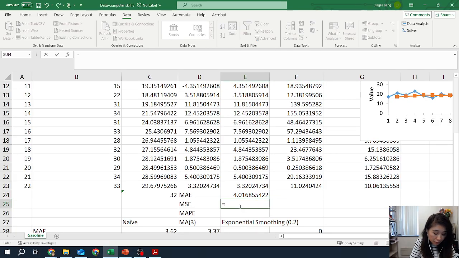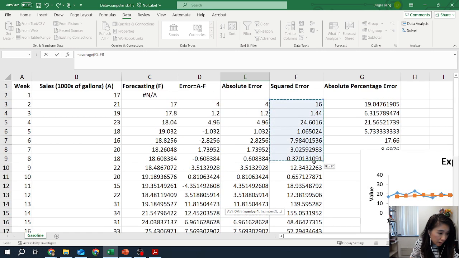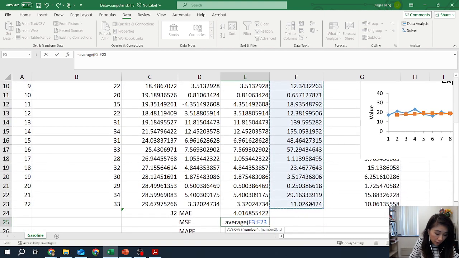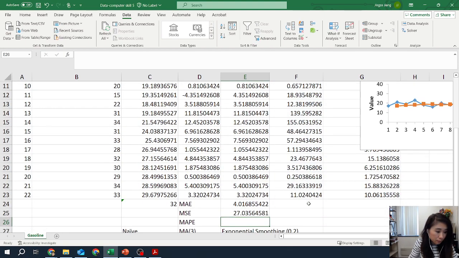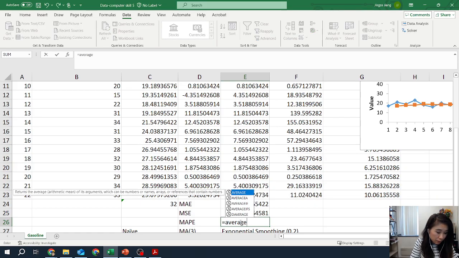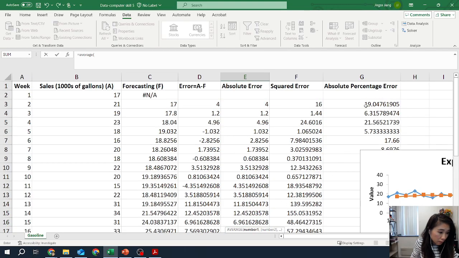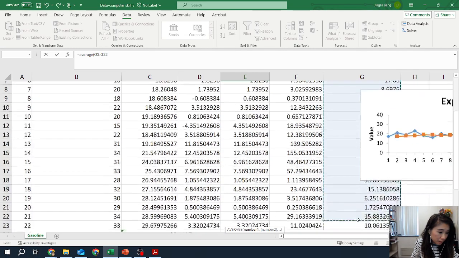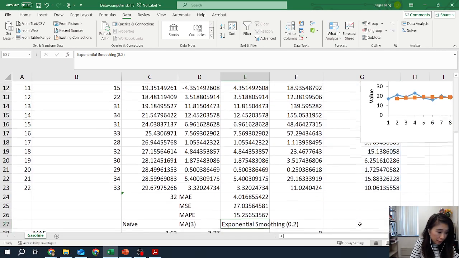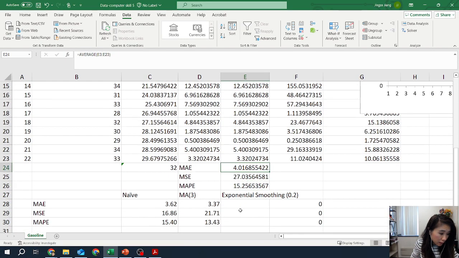For the MSE, I use average again, and I will select the squared error column, close the parentheses, and push enter. For the MAPE, the same, average, and then select my last column, the absolute percent error, and close the parentheses. Okay. So, for the exponential smoothing with smoothing constant 0.2, I got MAE equal to 4.01 or 4.02,